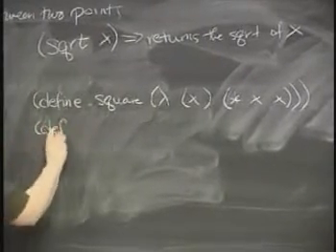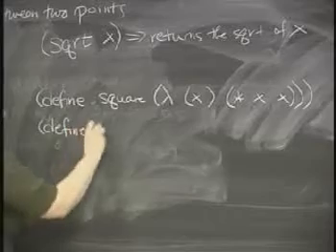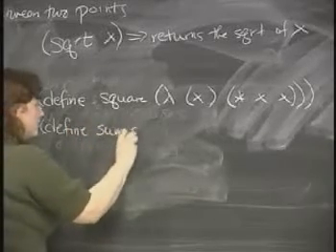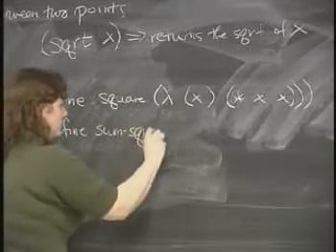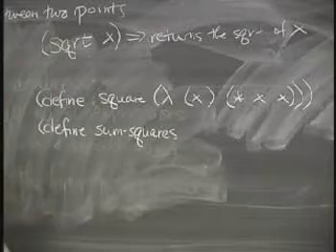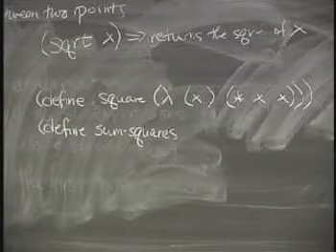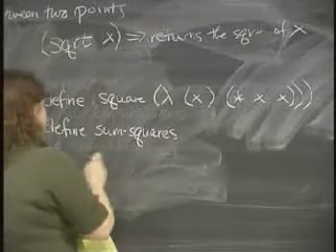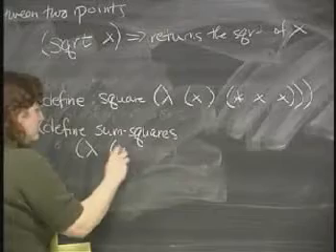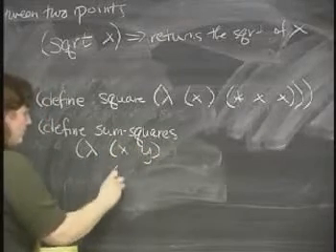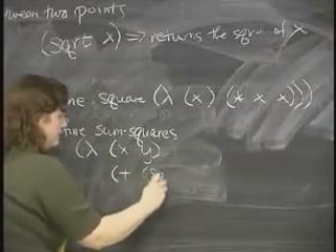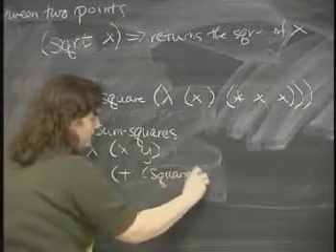So let's write a procedure called sum-squares. So we're adding two squares together. How many variables? Two. Lambda x y. Add the square of x